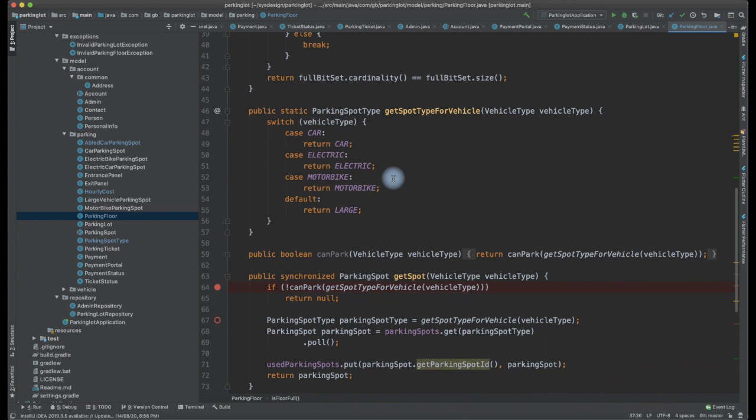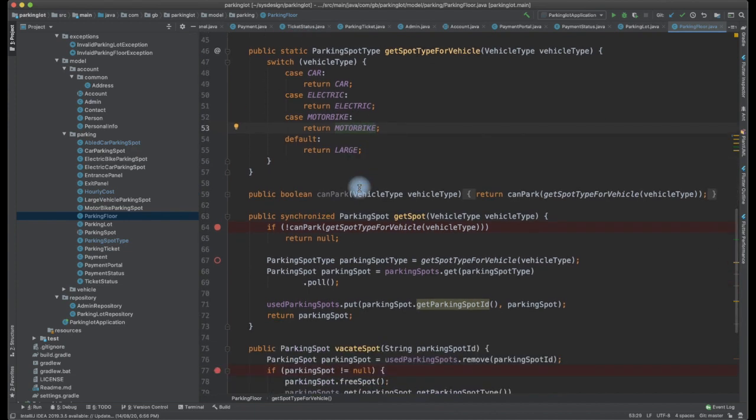And as we said, there should be a mapping from a vehicle type to a parking spot type, because parking spot types are modeled in a different way, and vehicle types are different. So a sedan might be a vehicle type, but here the car spot should be able to hold a sedan or an SUV or whatever it is, right? So similarly, a mapping is available from vehicle type to parking spot type. When it is a car, I am going to return a car. When it is electric, I am going to return an electric. Motorbike. The default is a large parking spot. A truck, van and all are modeled into a large parking spot type.